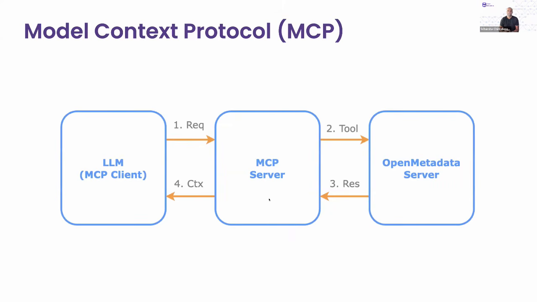MCP is a server that exposes tools where LLMs can integrate and talk to the MCP and get this context, just enough context, when a user comes to the LLM and asks a question, like, hey, what is the customer ARR today? It can make a call to the MCP server and get exposed to this unified knowledge graph. Again, this vastness of your data infrastructure, neatly organized with the context of the data as well as the users, gets exposed and tells the LLM, hey, here is the data that you should be using. Here is the metadata that you should be using to take action. Once it gets that context, it can take action and do the automations or whatever the user intends to do through the power of LLMs.